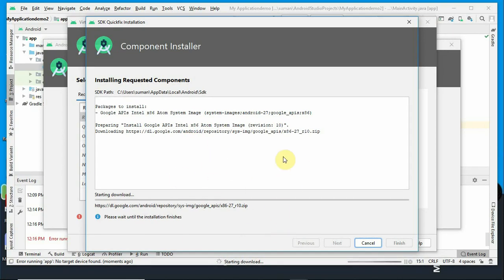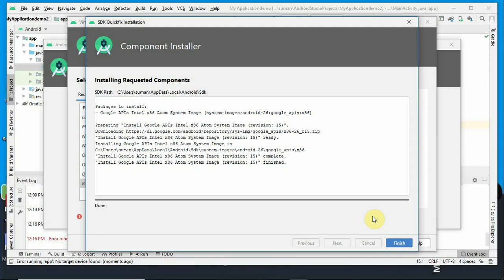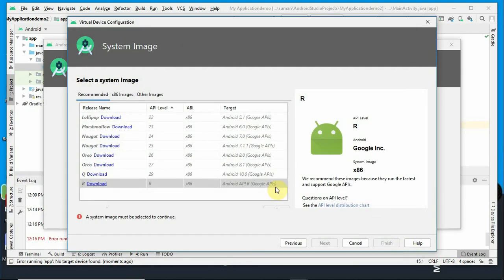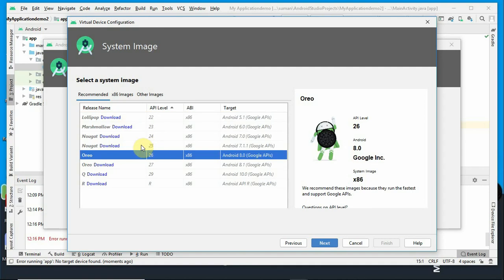Guys, we finished with the download. It took quite a bit of time, so I had to pause it and redo it. Once all the system files are downloaded, you need to click finish. Now once you click finish, you can see here, when you check mark here,